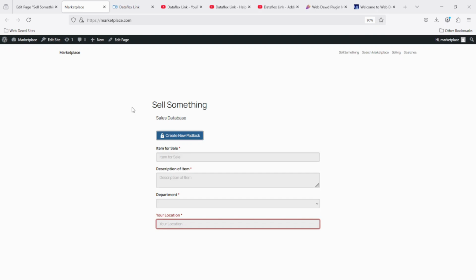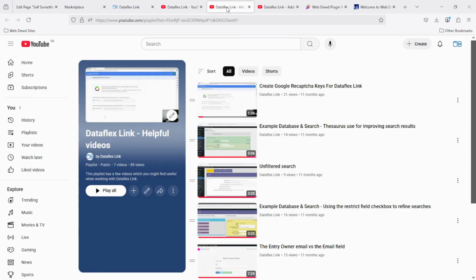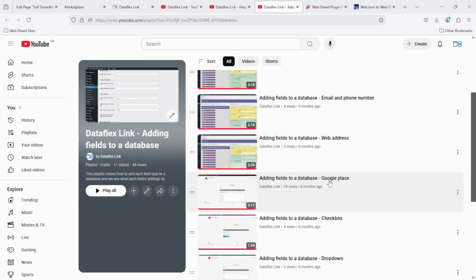So a couple of things I've got open in my tabs here. I've got the Dataflex Link YouTube channel, which has got a bunch of useful playlists. There's two playlists in particular we want to look at. For reCAPTCHA keys, it will be under the helpful videos playlist, and we can see create Google reCAPTCHA keys for Dataflex Link. And the other playlist is adding fields to a database, and a video we're most interested in is the Google Place one. But I'm going to leave those for now and allow you to look at those at your own time. I have the keys already